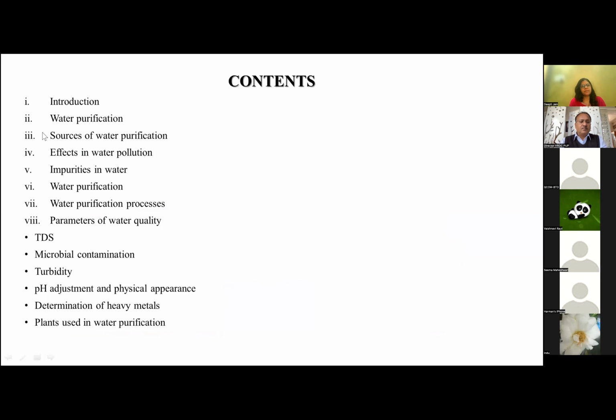So the contents of today's talk will be what the different sources of water are, what factors are affecting its quality, and how pollutants are entering the raw water, like in water resources such as rivers, ponds, or whatever natural resources, how they are getting contaminated and with what material they are getting contaminated,